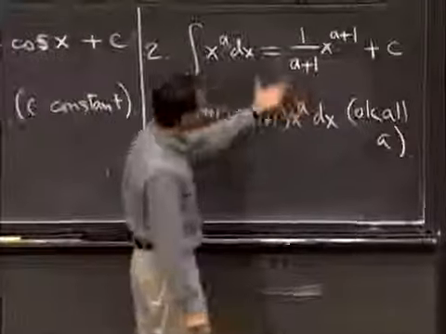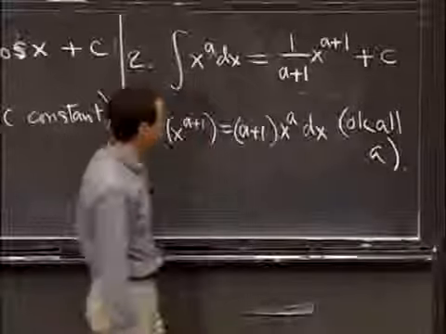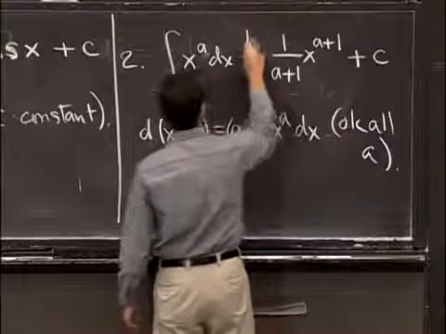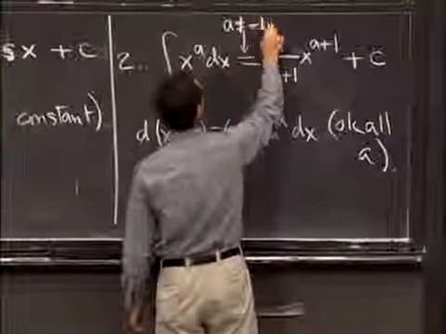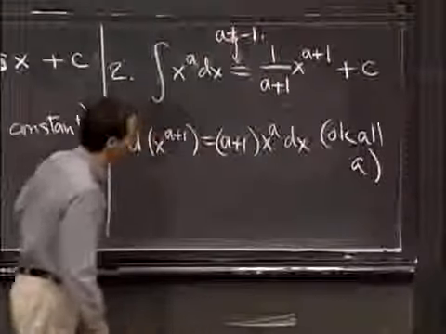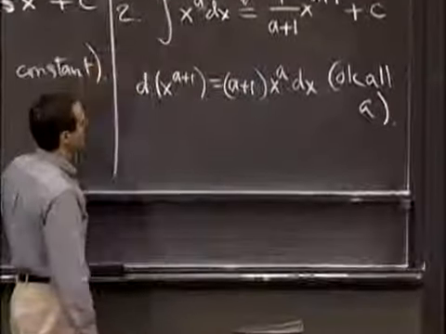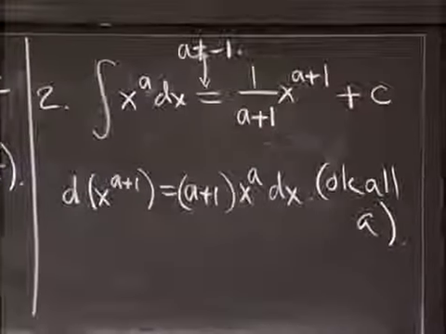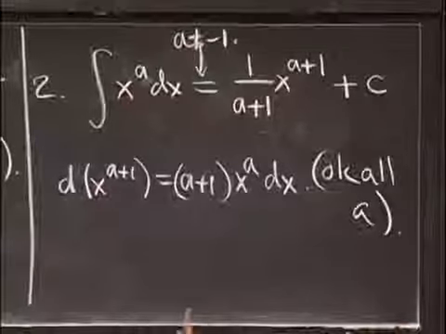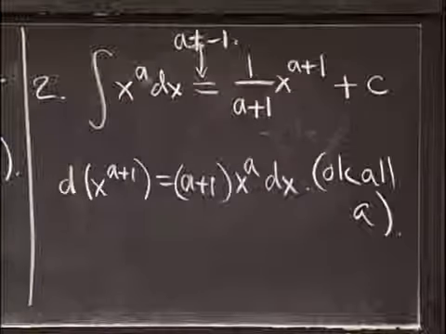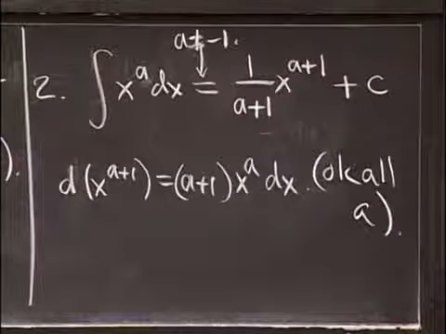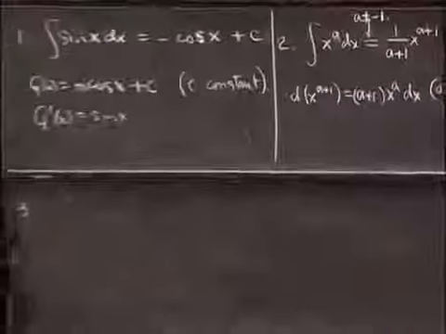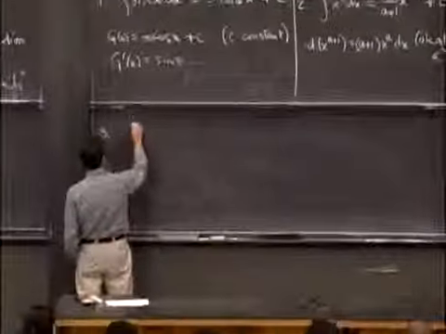But this one fails because we divided by 0 when a is equal to -1. So this is only true when a is not equal to -1. And in fact, of course, what's happening when a is equal to 0 is you're getting 0 when you differentiate the constant. So there's a third case that we have to carry out, which is the exceptional case, namely